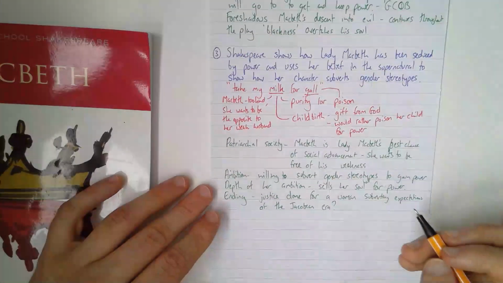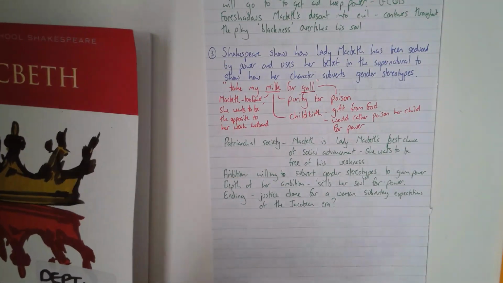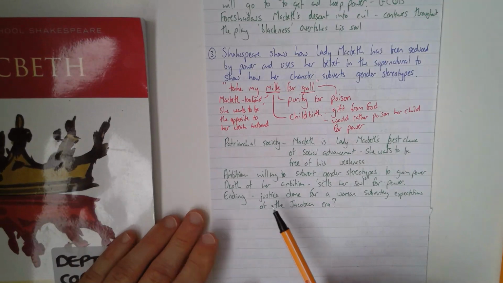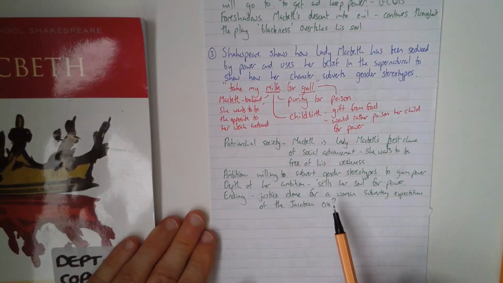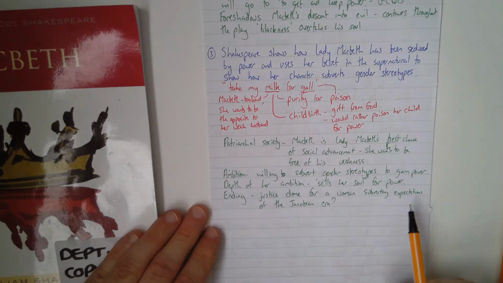Thinking ahead to Lady Macbeth's death. I know we haven't done that in the play, and I don't think anyone's got up to that point yet. But thinking ahead to that, is the fact that she dies punishment by God, by some kind of higher power? Is this a sense of